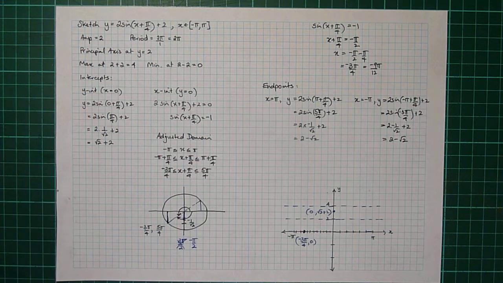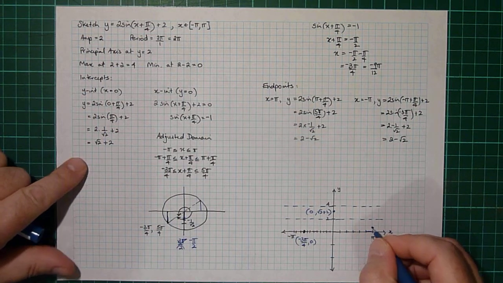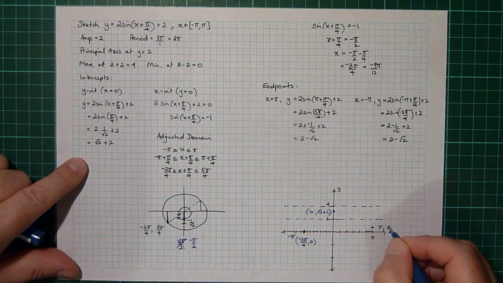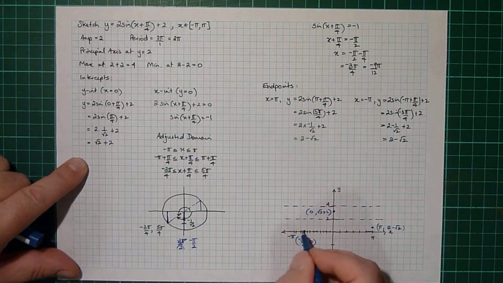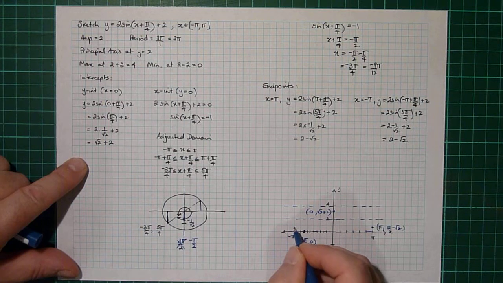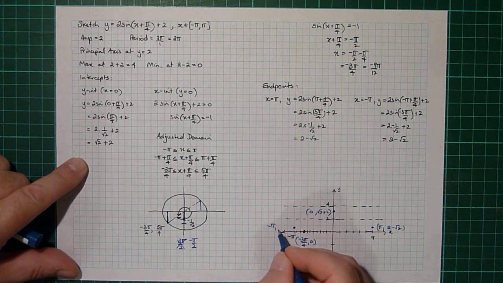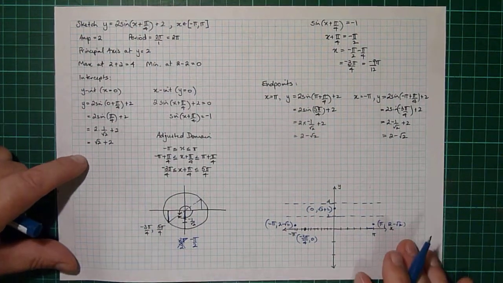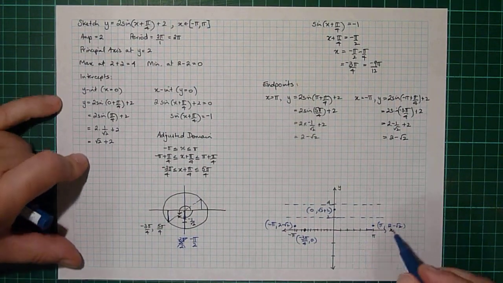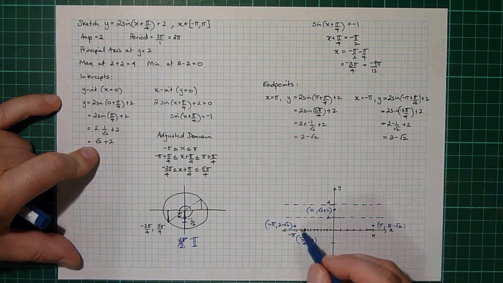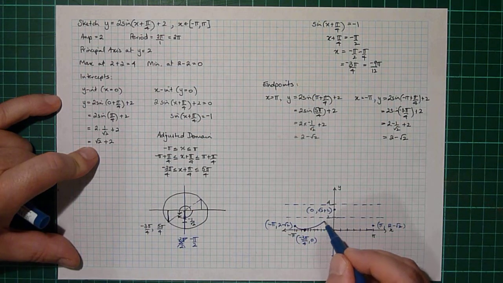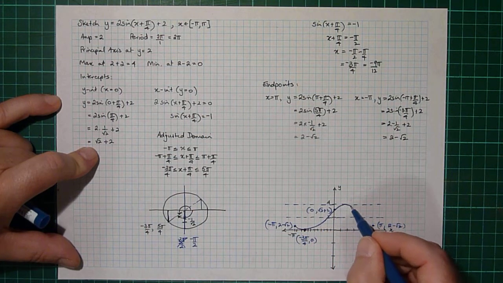So we get 2 minus root 2 there as well. So at π, we have 2 minus root 2, and at minus π, we also have 2 minus root 2. So we have those 4 points. We know that the maximum is going to be at 4, so we can go ahead and draw our sine